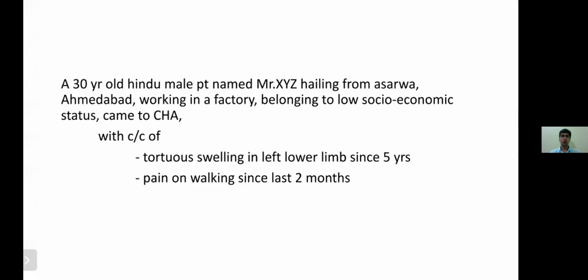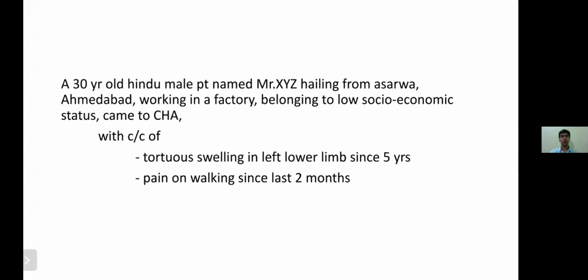The second is occupation. Everyone knows that long-standing occupation is a risk factor for varicose veins. But per se, these things are the important risk factors. Apart from long-standing occupation, there is also old age, which is a very important risk factor, because even if the patient is not long-standing, old age can lead to varicose veins. That happens in a lot of things, and family history is also very important. So these are important risk factors that are given over here. And the chief complaint.